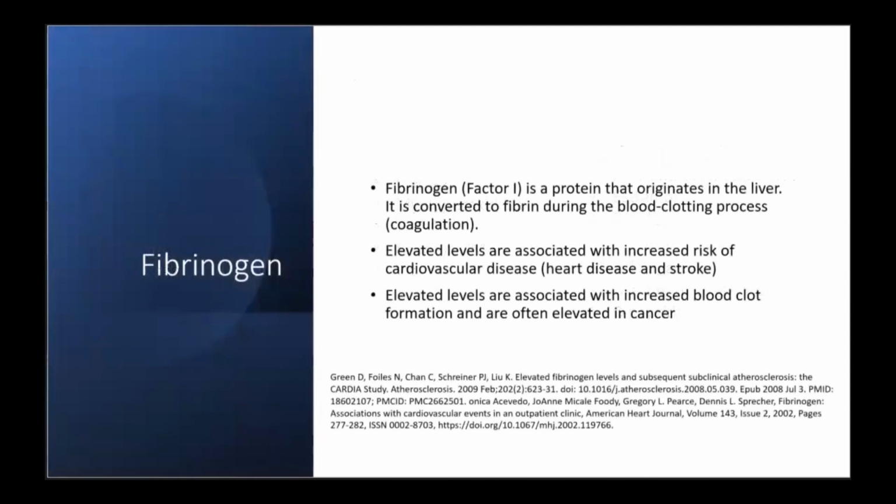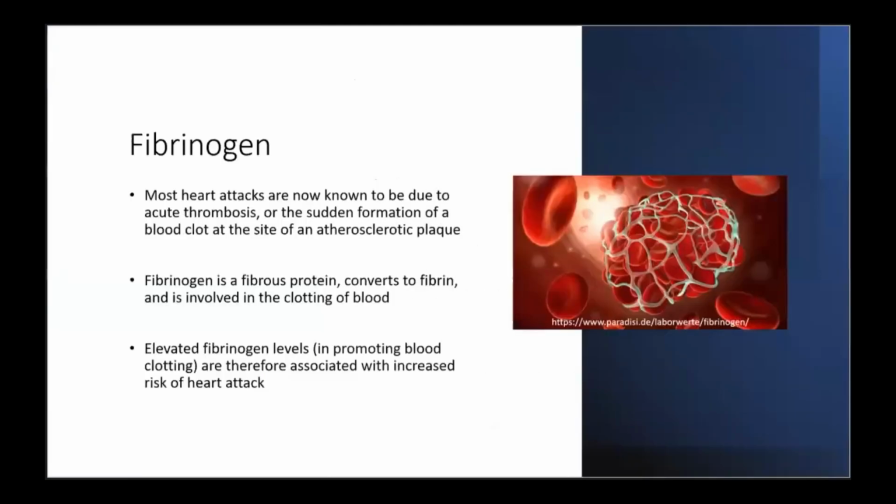Fibrinogen originates in the liver, converted to fibrin. Elevated levels are associated with increased risk of cardiovascular disease, heart disease, and stroke. Clot formation, elevated in cancer. Most heart attacks are known to be due to acute thrombosis, sudden formation of a blood clot at the site